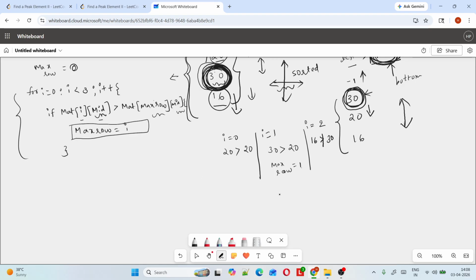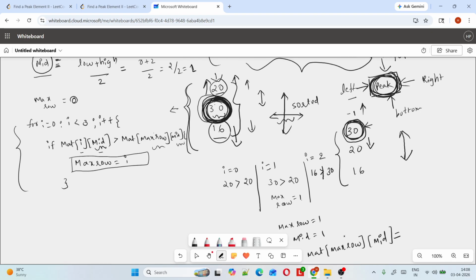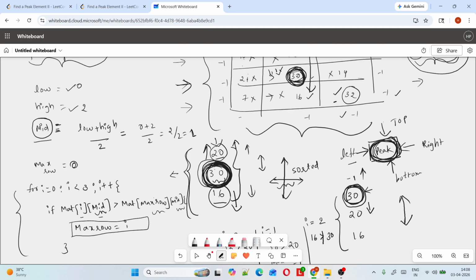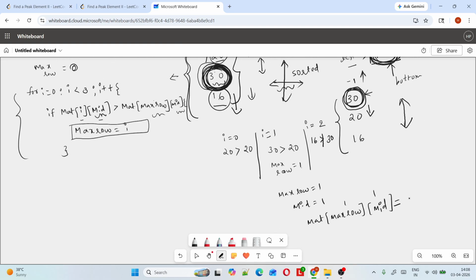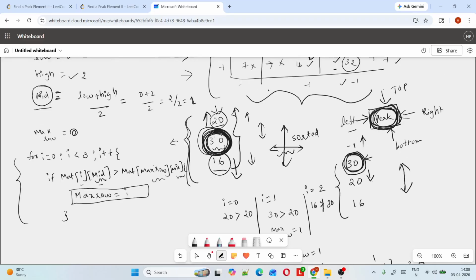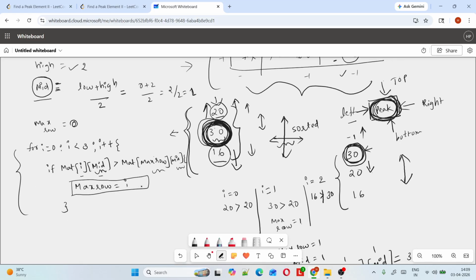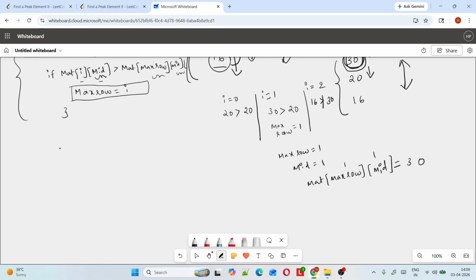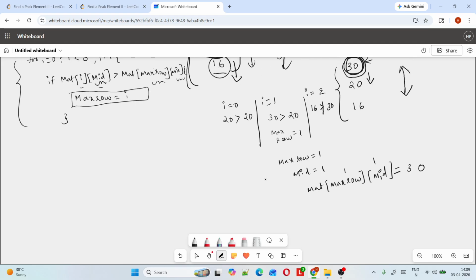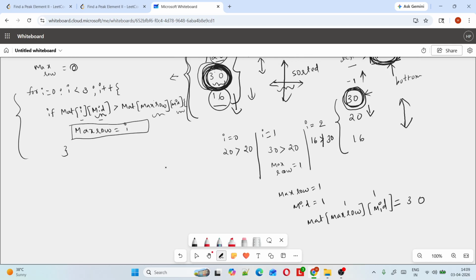Now max row is pointing to 1. After this iteration, max row is pointing to 1 and mid is pointing to 1. Now when you check mat of max row of mid, what will you get? You will get max row is 1 comma 1. So 1 comma 1 is 30. So in that way we found the greater element using this. Okay, now, as I mentioned,